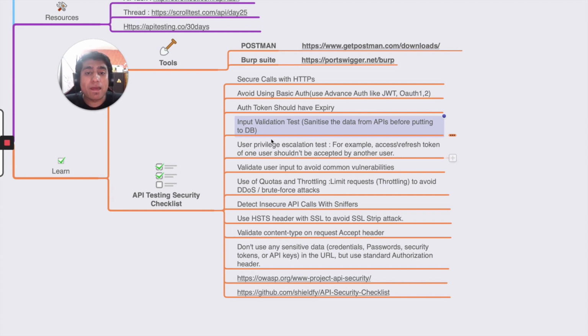User privilege escalation is a test that you can perform: basically, an access or refresh token for one user shouldn't be accepted for another user. I'm going to tell you an interesting story here, guys. I have hacked one of the largest webinar or funnels platforms, if you know, and they gave me a very great bounty due to this. They had privilege escalation, or IDOR, generally we call it, Insecure Direct Object References. While I was testing their APIs, I was able to access a few of the users. I was even able to change the plan to Pro, basically lifetime access to their plan, which costs around $1,000. And they also provided